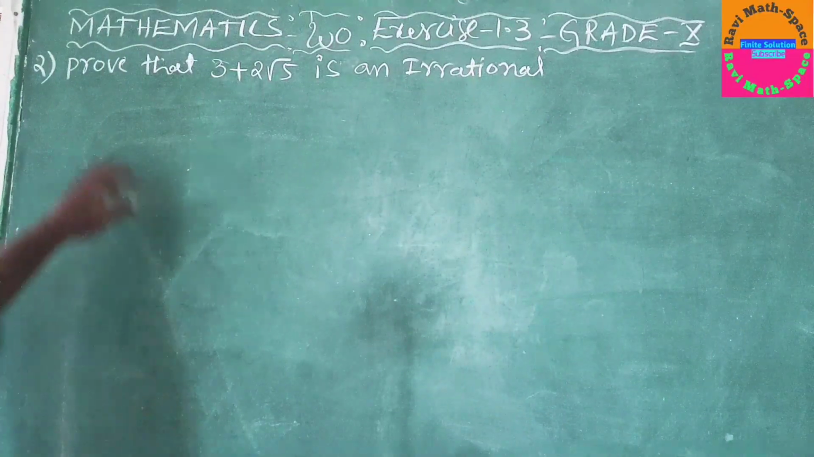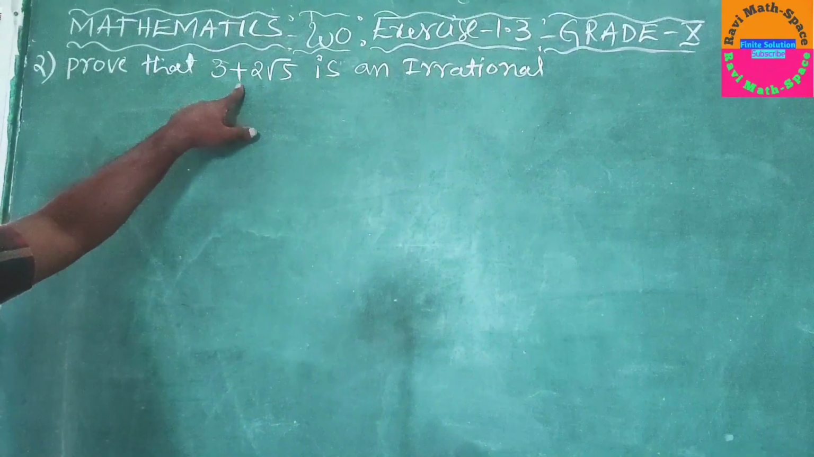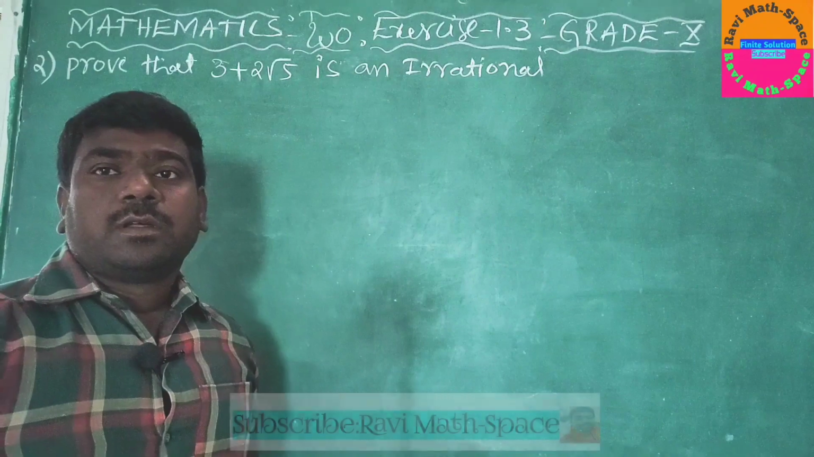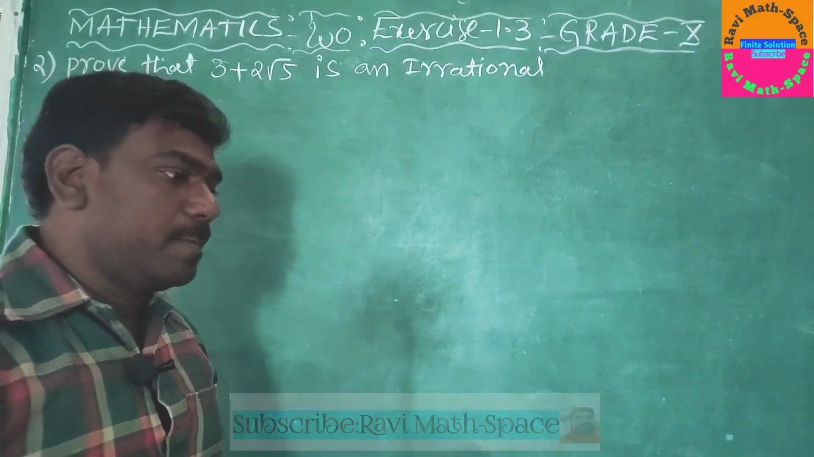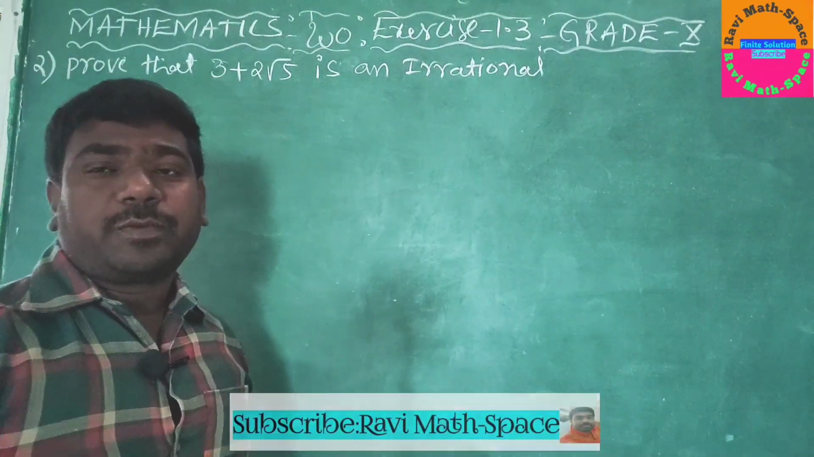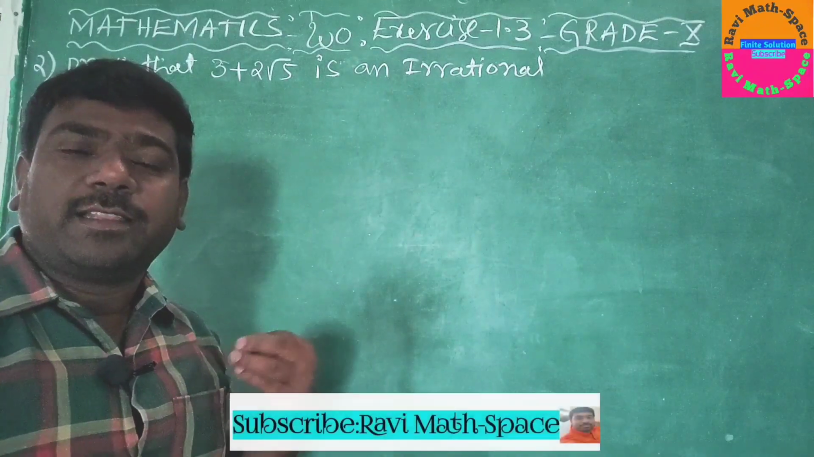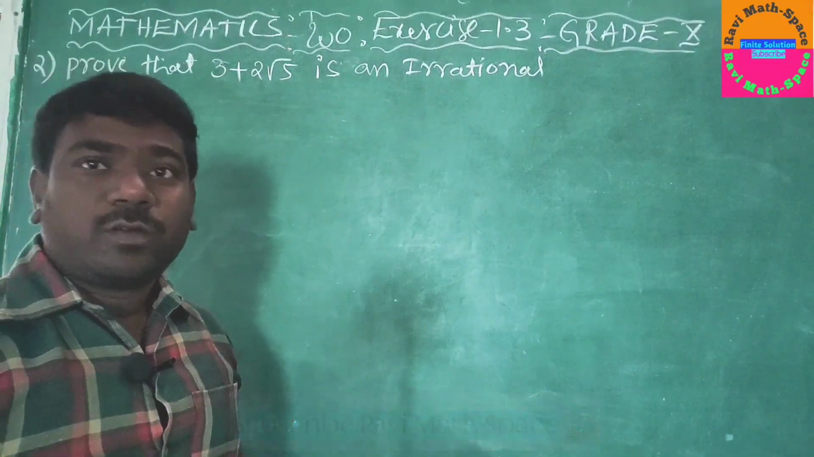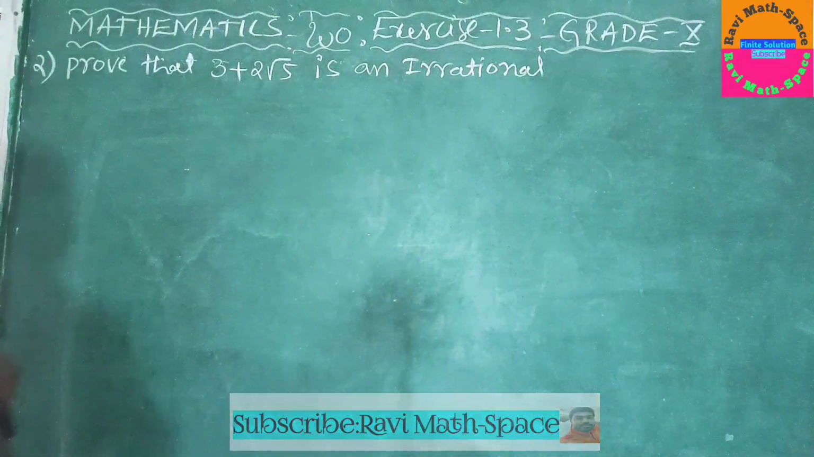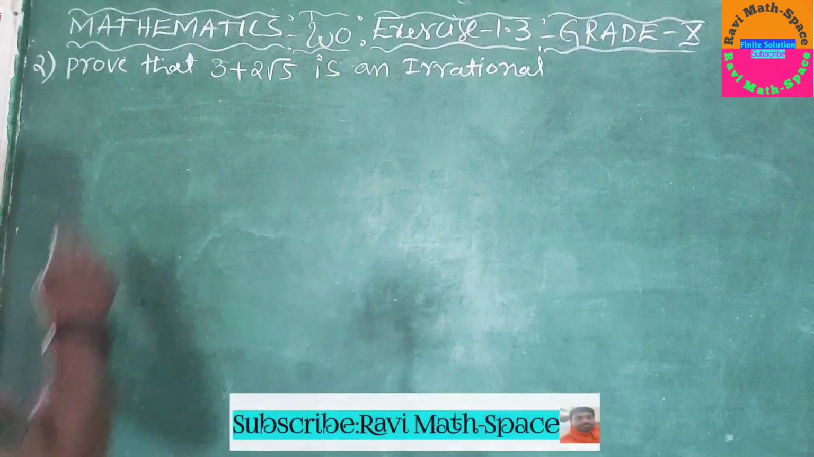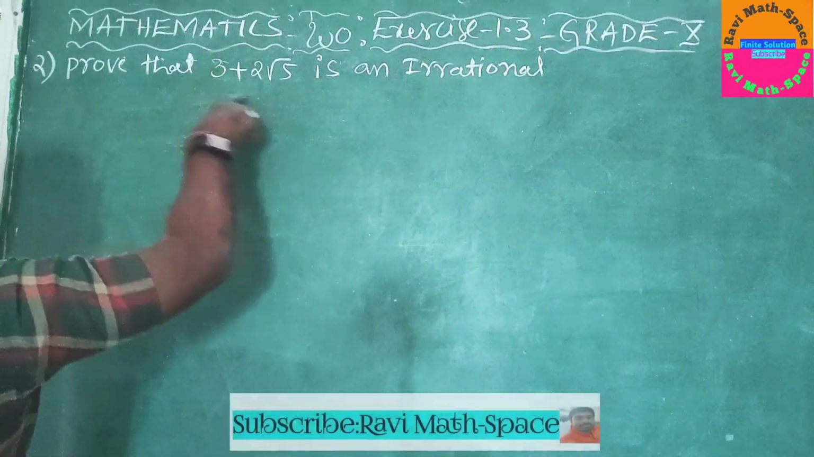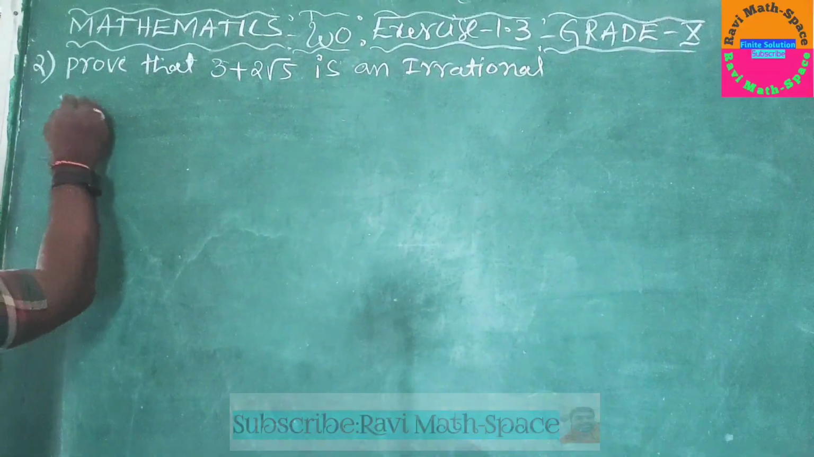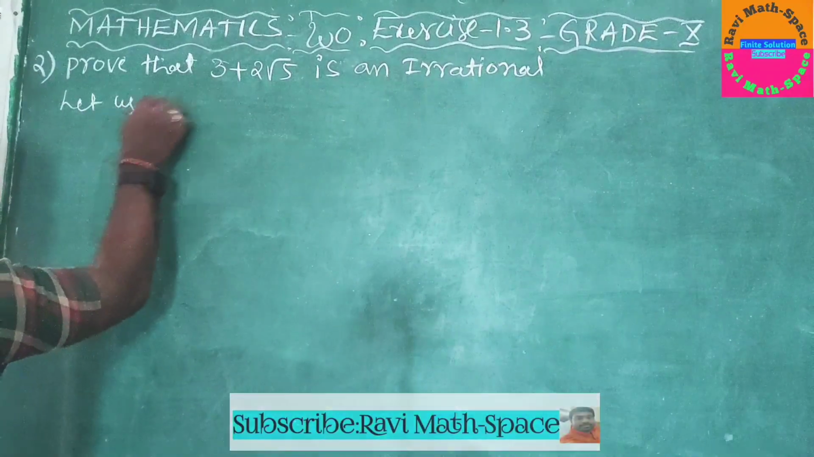Second question is: prove that 3 plus 2 root 5 is an irrational number. Okay, so how to prove? What is the procedure? I already explained in the previous video. You can watch it to understand better. Now, the first step is to assume this number is a rational number. That is the first step. Let us assume